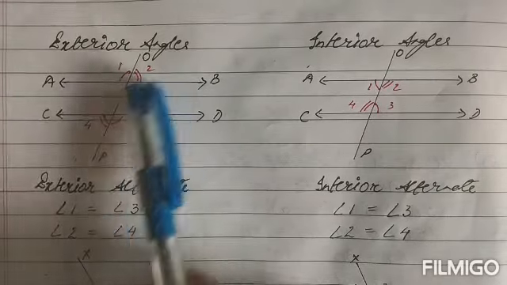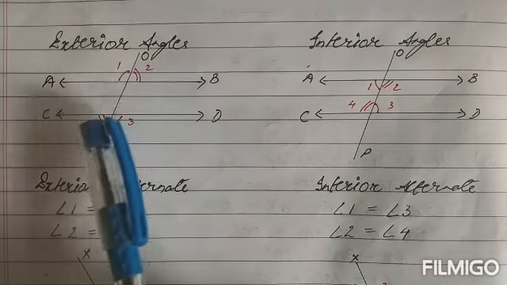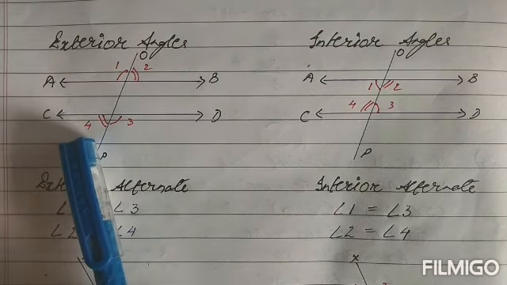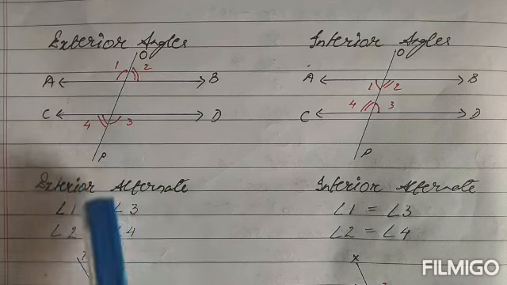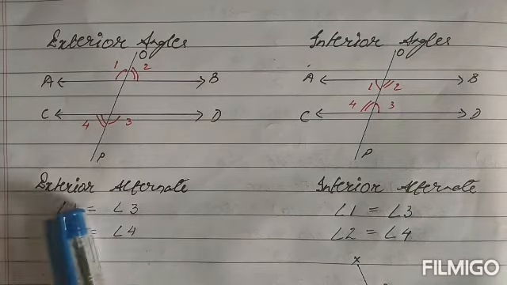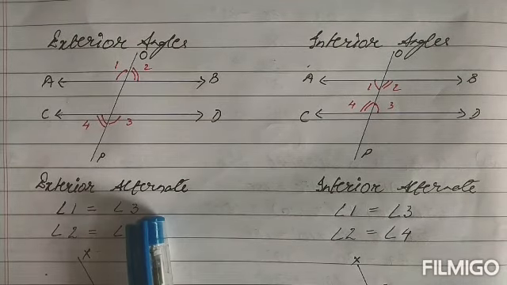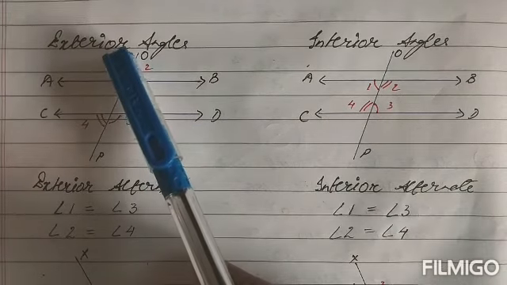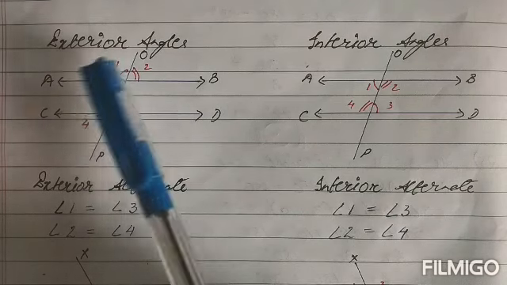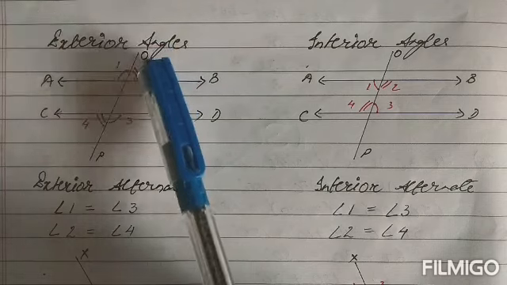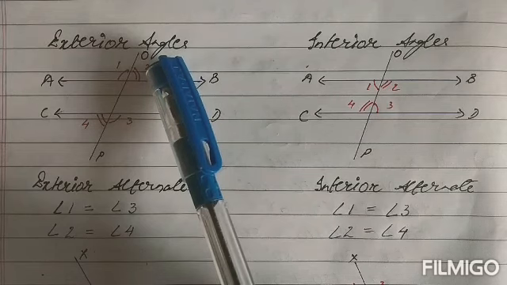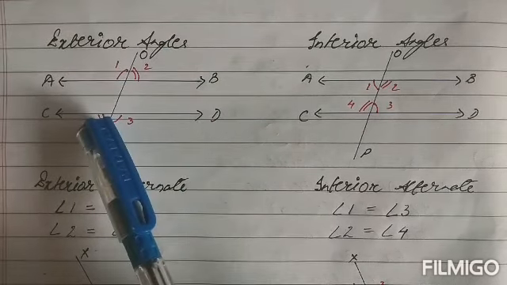Similarly, if you look at angle 2 and angle 4, children, again these are the exterior angles, and because they are on the opposite sides, these are known as exterior alternate angles. And one thing more to be kept in mind over here, children, always the value of exterior alternate angles is going to be the same. That means if my angle 1 is 120 degrees, angle 3 will automatically be 120. And in such a case, if one is 120, then the second one will be 60 degrees, because together 1 and 2 are straight line angles, so this will be 60 degrees. So in case 2 is 60, 4 is automatically 60.